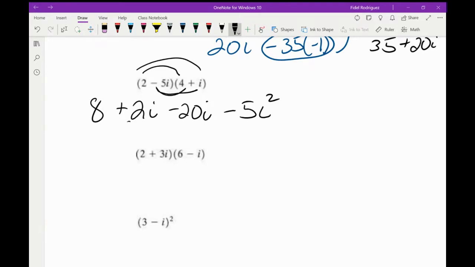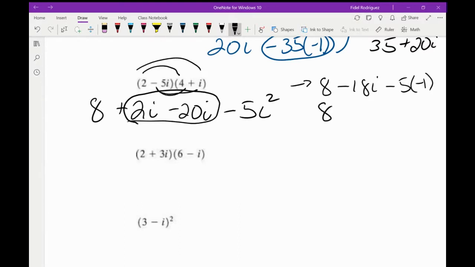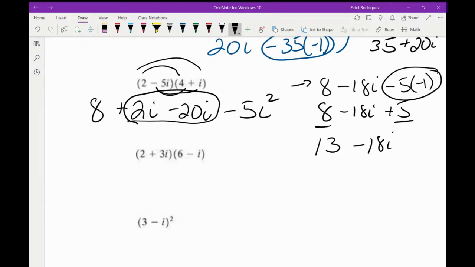And so now we're going to combine these together. So we're going to have an 8. 2i minus 20i, that's a minus 18i. And then remember we said i squared was a negative 1, and this part right here, y'all, becomes a plus 5. And then we can just add those together to give us a 13 and a minus 18i, right?